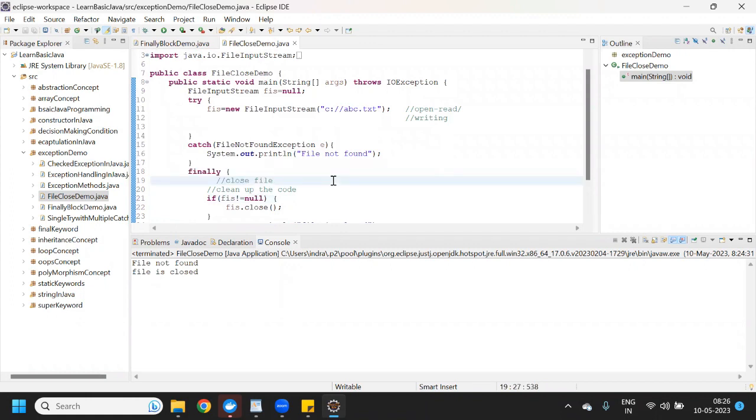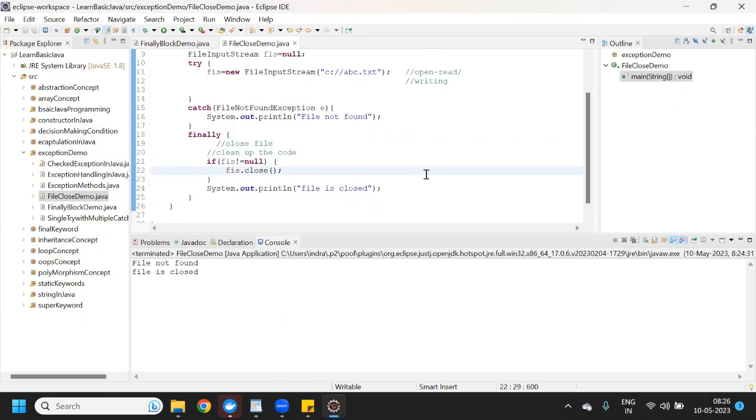If any file or any DB connection is open and it is still not closed, then inside the finally block, it will close it. So under the finally block, we write code to clean up. Let's say if any file is open, then it will close.